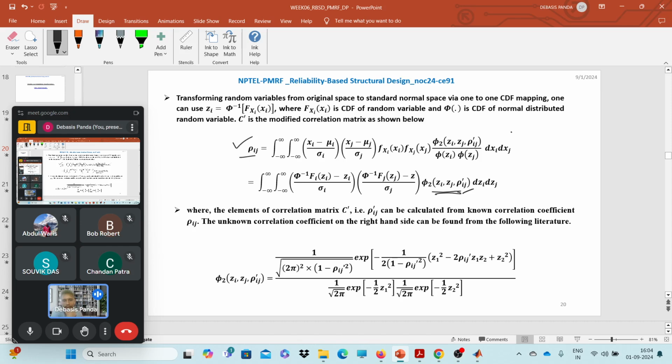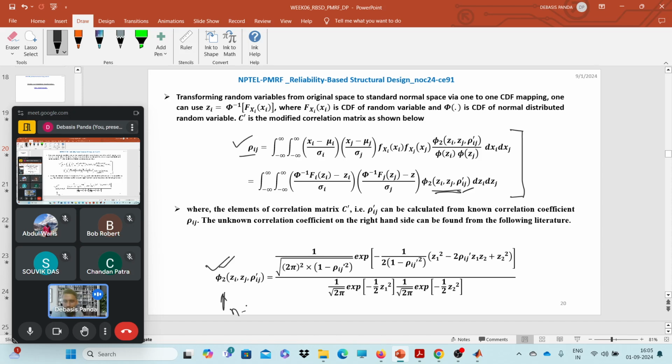Now this equation we can solve numerically, or they have prescribed some closed form solution, or the closed form relation between rho ij and rho ij prime for different kinds of random variables, so that we can skip the numerical solution part and directly get the values. So recall that this is nothing but the n dimensional JPDF in standard normal